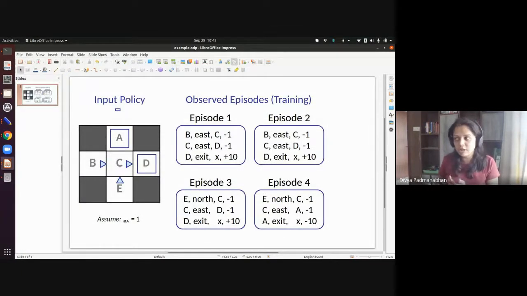Immediately I got a reward of -1 because I was staying in the grid for one more unit of time. And from C, I took an action east. I landed up in D. I got -1 again. And from D, I had to exit. There was no other possibility. And I got a reward of +10. Okay. So I did this once. Now, with this, could I say something?